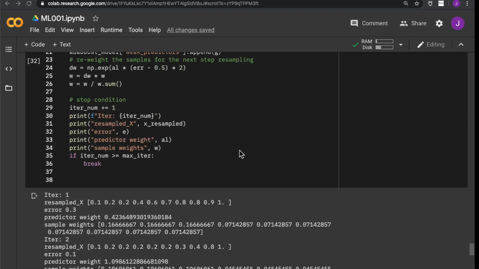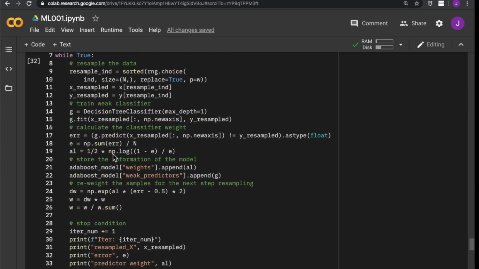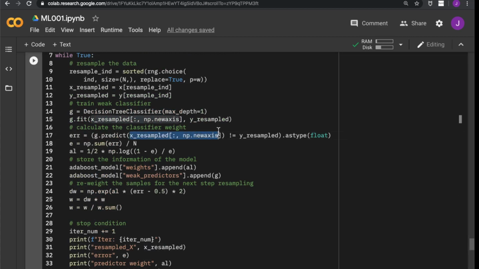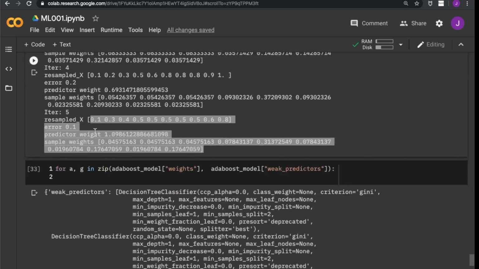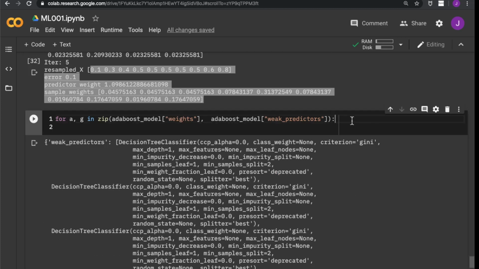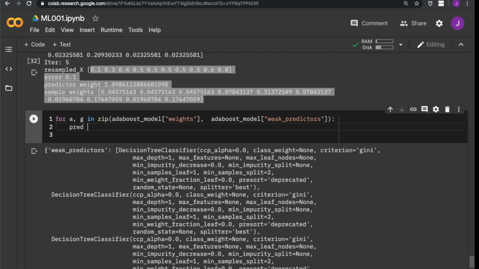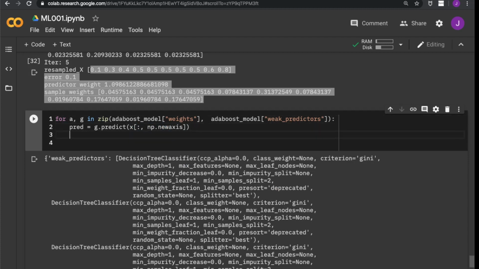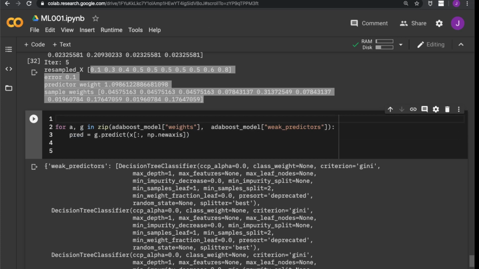Let us use the classifier to predict x. So let's check its performance on the x. Okay, and the total prediction